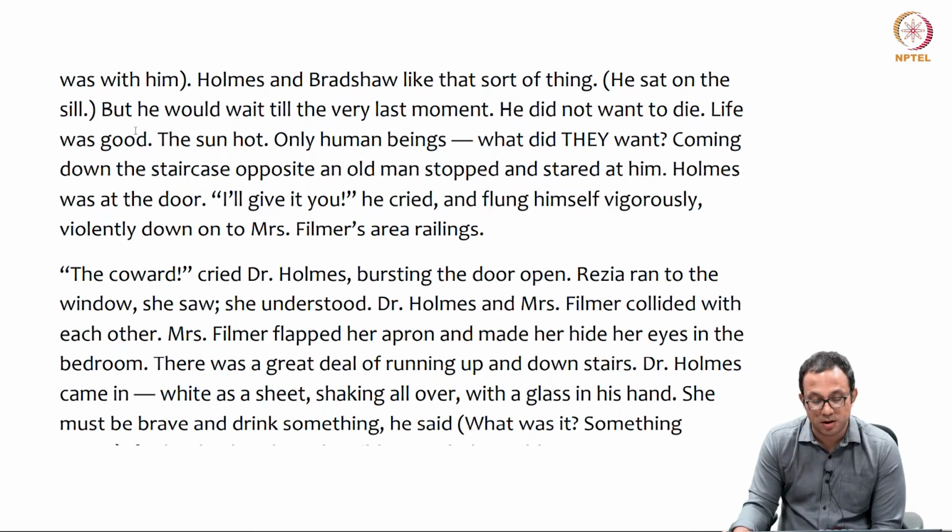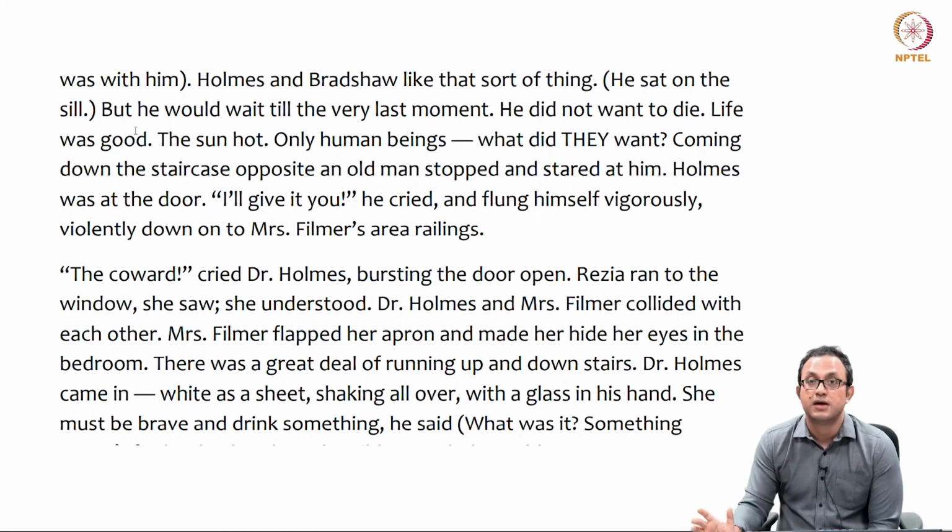She saw, she understood. That's a very crucial line. She understood. So she completely understands why Septimus killed himself. And this final understanding becomes the final union of Rezia and Septimus. She understands him, and finally someone understands him. So the understanding comes to him posthumously, right? It's only after he dies, Rezia understands exactly why he did that particular act. According to Holmes, he has no clue. He just thinks, this is an act of cowardice. Right,